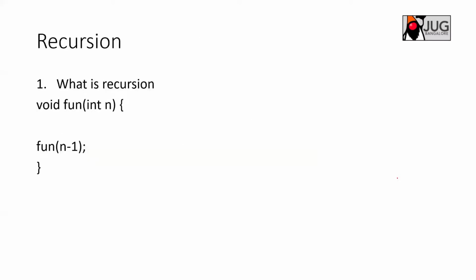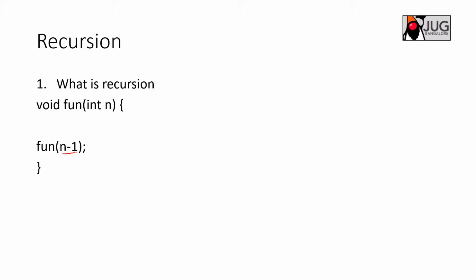What is recursion? Recursion is a function or method where you have a problem and you divide that problem in such a way that it becomes a smaller problem. You have a big problem, you divide it into a smaller problem and try to solve that problem the way you wanted to solve the bigger problem, right? You are going to call, for example, a function that has been called with the integer n, and then you call the same function again with a smaller value of n.